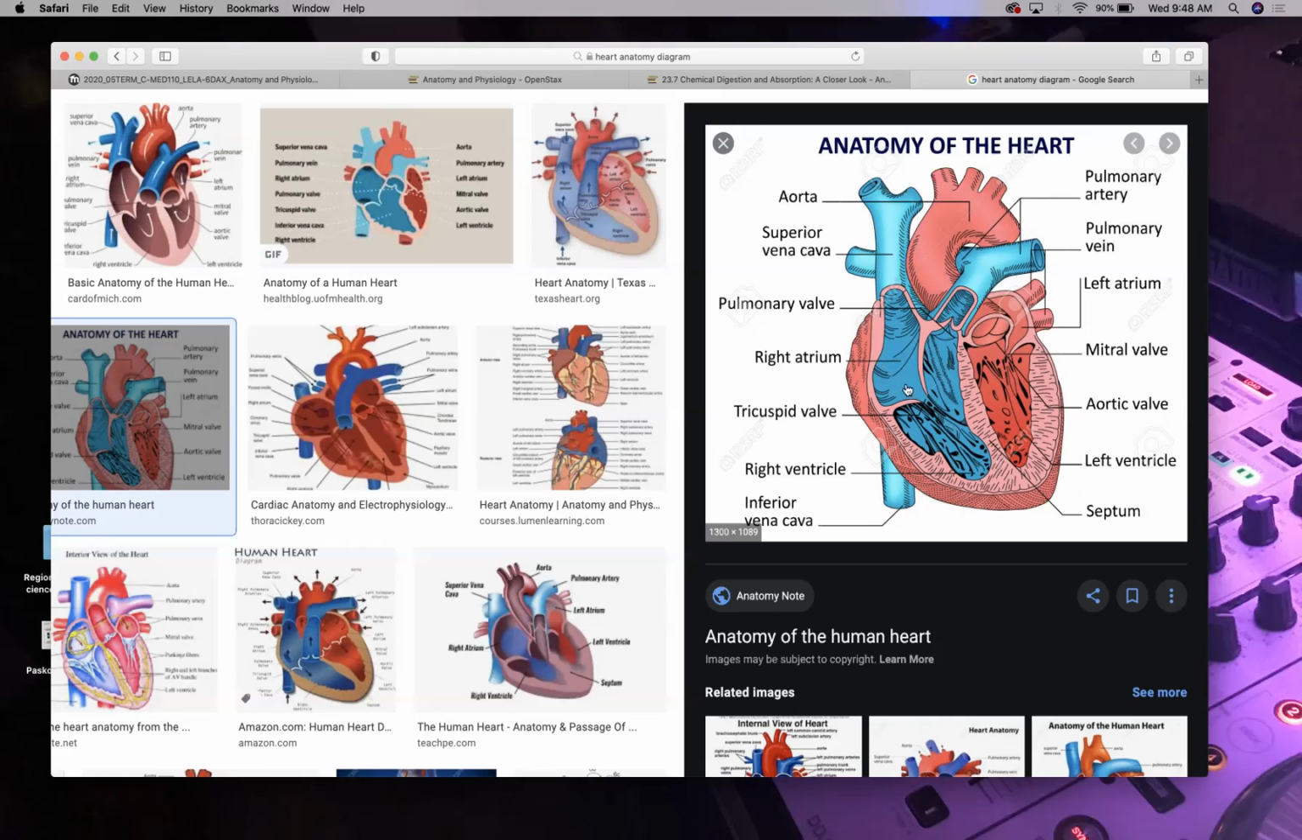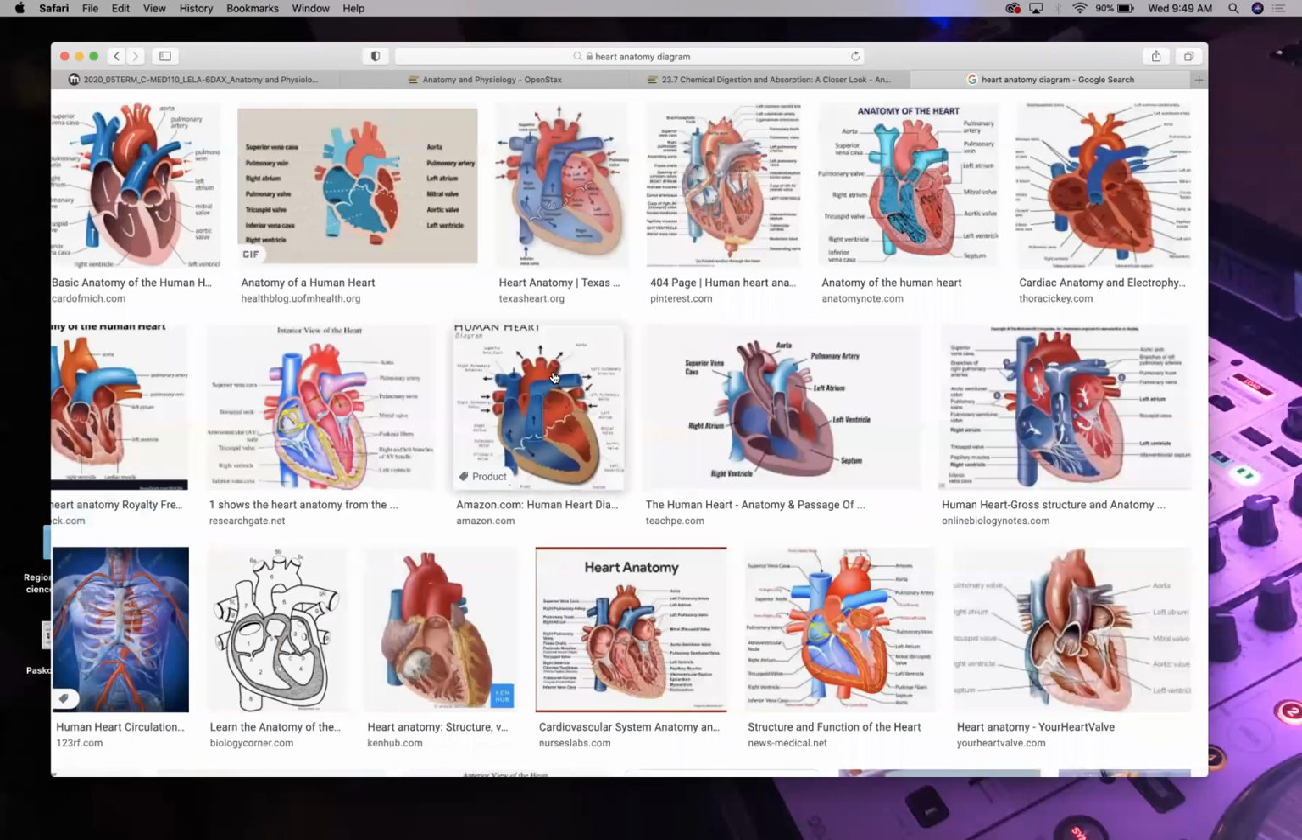Right atrium, right ventricle. This has to be the tricuspid. You have your left atrium, left ventricle. This has to be the mitral valve, right? Another thing that's really nice about the internal structures of the heart, and if you were in lab, if you recall this,